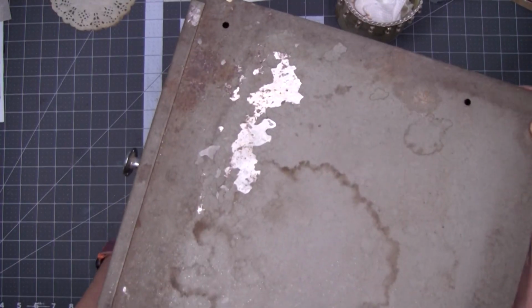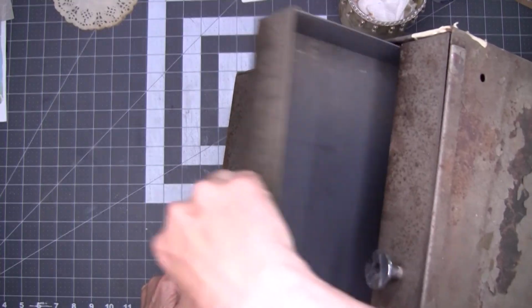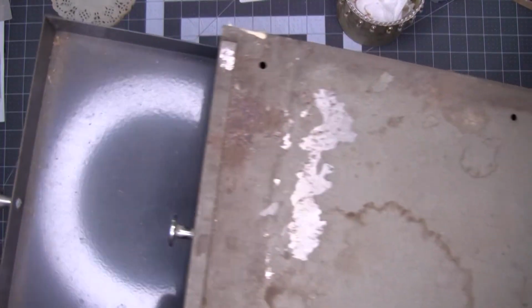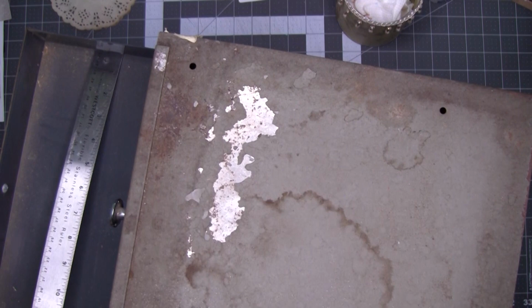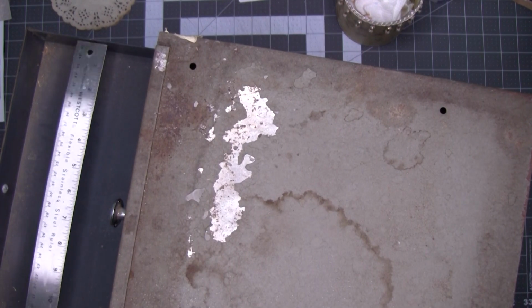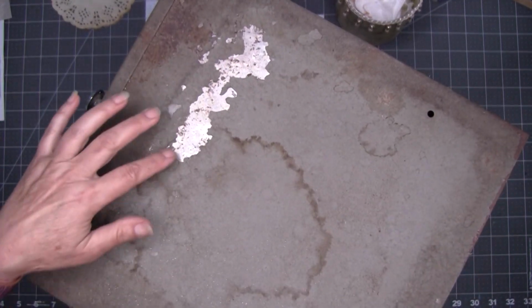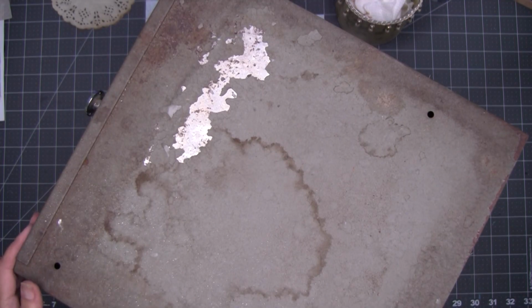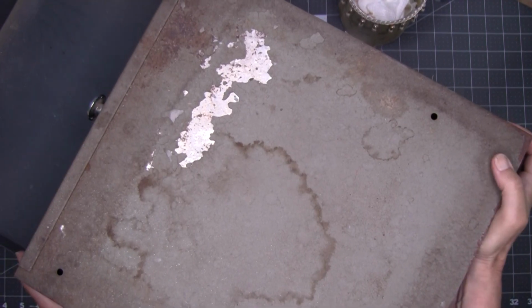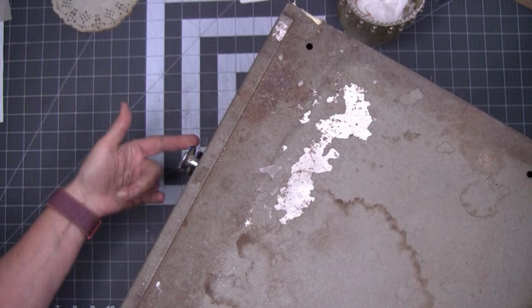Now I know it doesn't look like much here. It's a metal cabinet, and you can see it has great drawers. In fact, I wanted to measure them because I wondered, are they scrapbook size? Let's take a look. Please be 12 inches. Yes, scrapbook paper will fit right in here. So what I'm going to do is sand it down, grind it down. The finish is flaking off, and then paint it, and it will be a great paper drawer storage area. But what is in this is